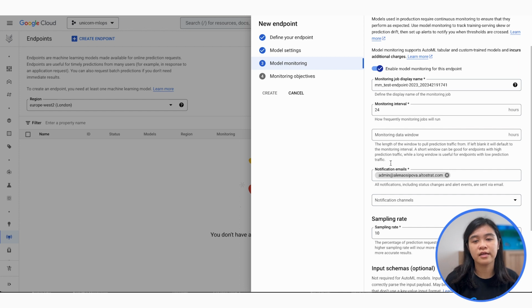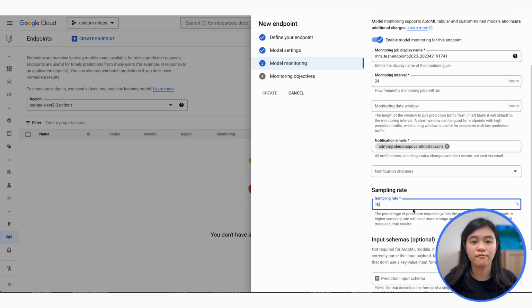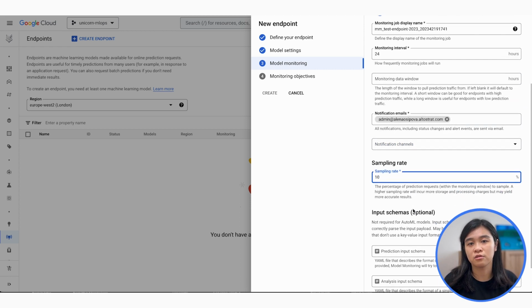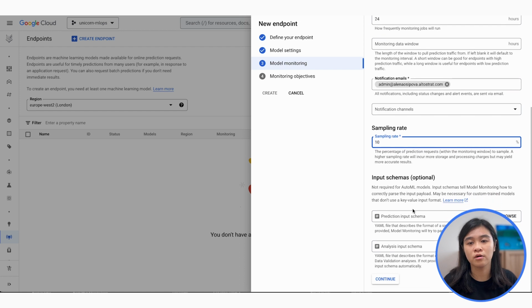We can also set the monitoring data window, which determines the length of the window to pull prediction traffic from. I'll leave it blank so that it will default to the monitoring interval. Next, we can set up alerting so that relevant stakeholders can be notified when a model exceeds the alerting threshold. Lastly, we specify a sampling rate of 10%, which is the percentage of prediction requests within the monitoring window that